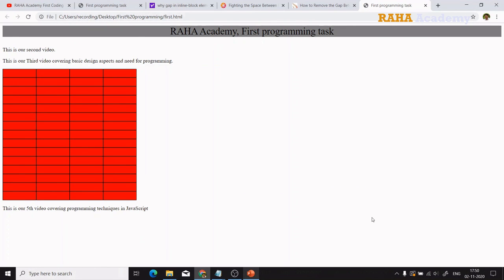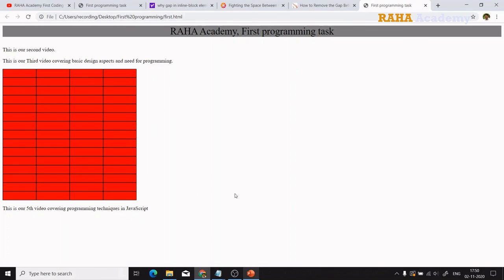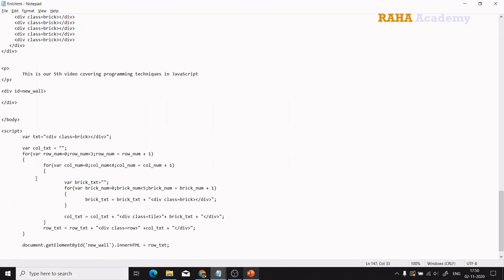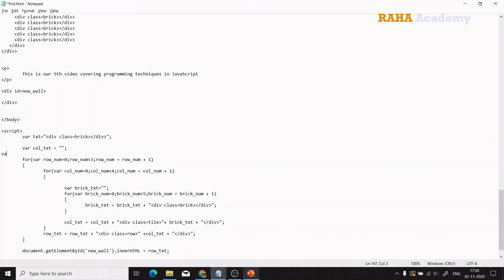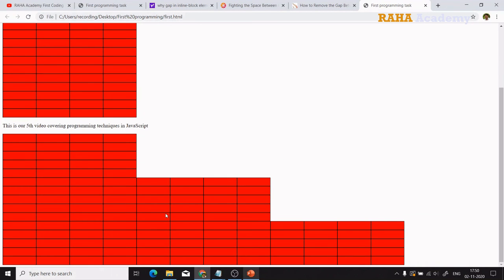Right, everything is gone. Why? What is the issue? Here there is a problem. Row number is equal to 0, row number less than 3, row text is not there. Yeah, okay, there is a problem here. Can anyone guess? The problem is we have created a